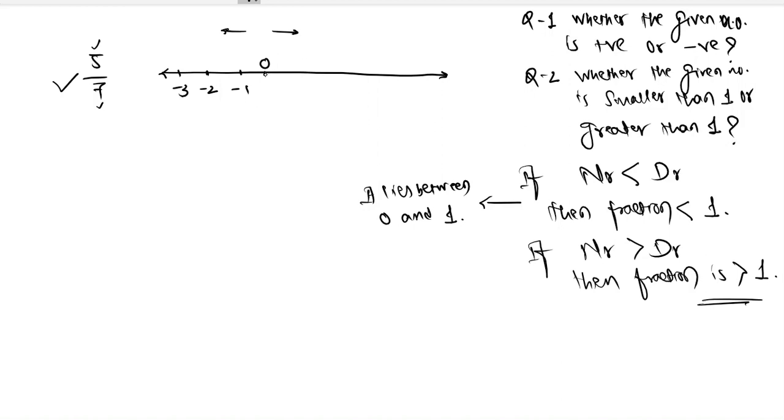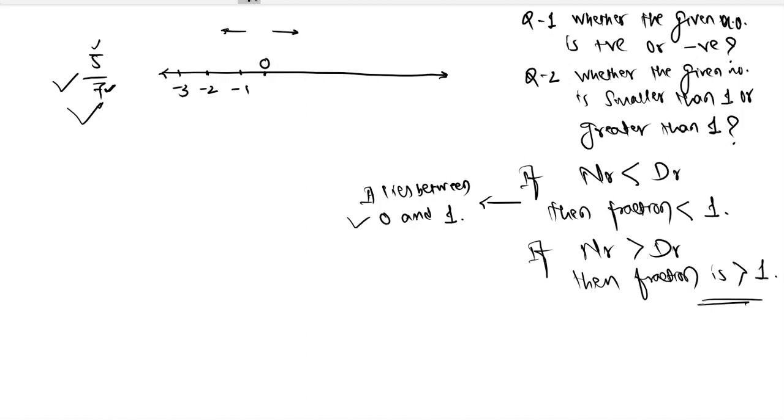On the right side of the 0 on the number line, between 0 and 1, you will find your number. But where exactly? You don't know that. So let's locate our number. Now we know that it lies between 0 and 1. But where? So the next step is, you see the denominator?